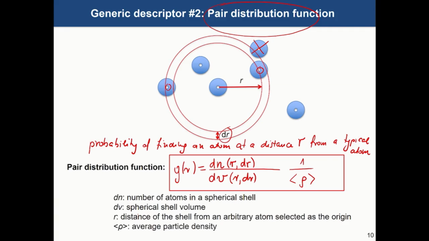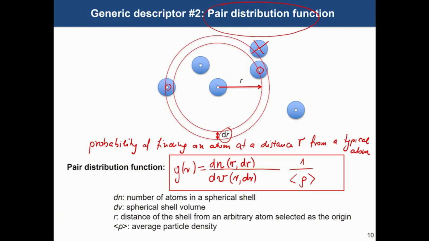Let's take two extreme cases. So if this dr is really large, it's infinite. And if this dr is very small,